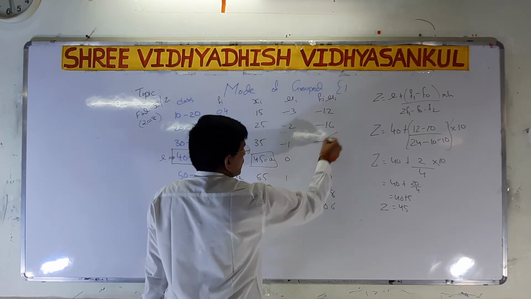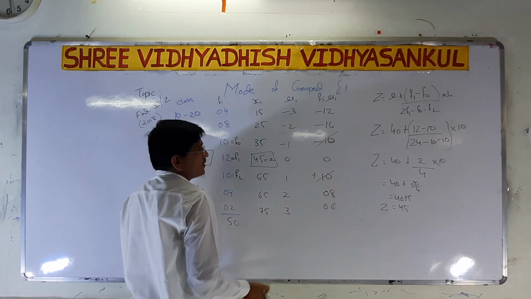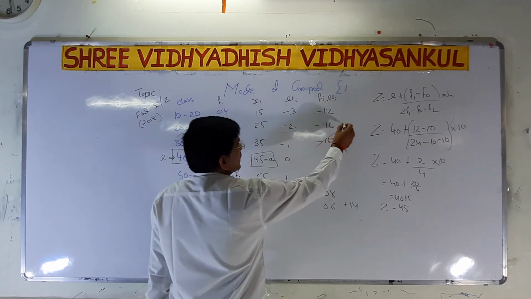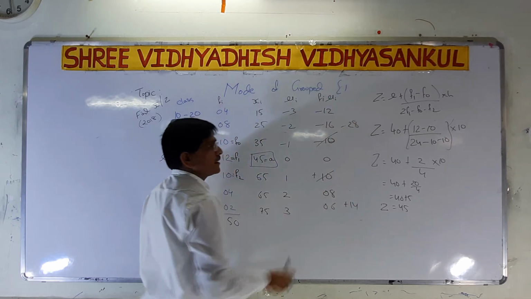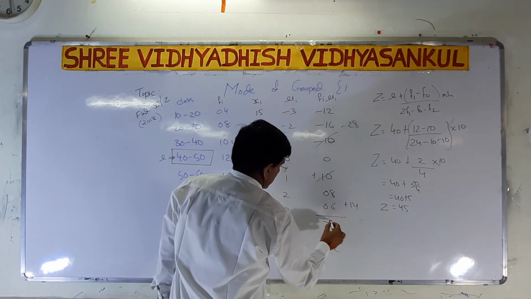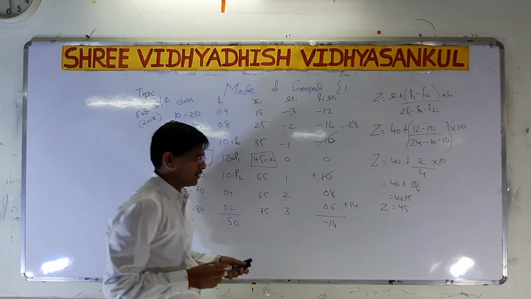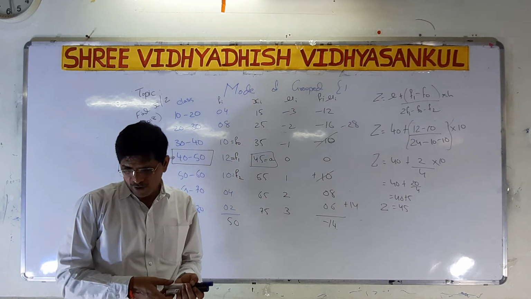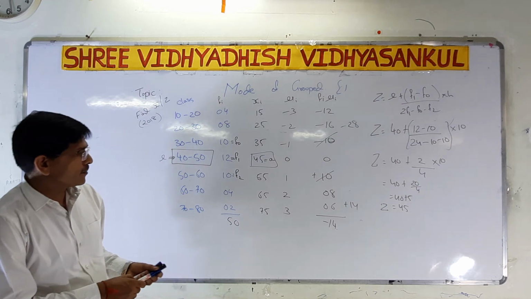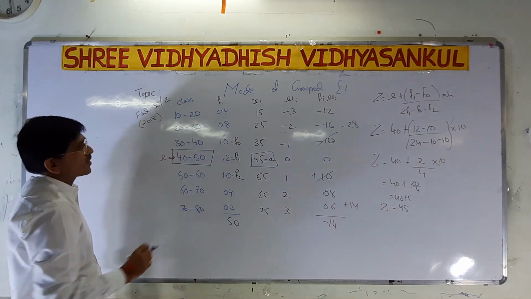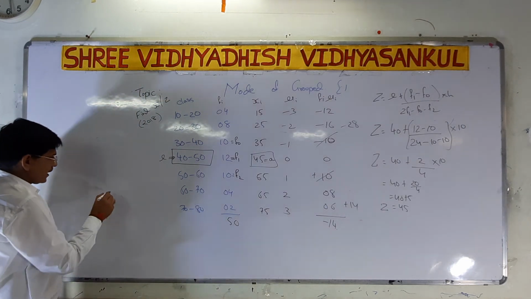So here, if we add the positives, it is plus 24. And here the negatives are minus 38. Minus 38 plus 24, that is minus 14. Now what do you have to do? You have to try it yourself to get the answer, because I am already explaining everything. Just put in the formula. So I am writing the formula.